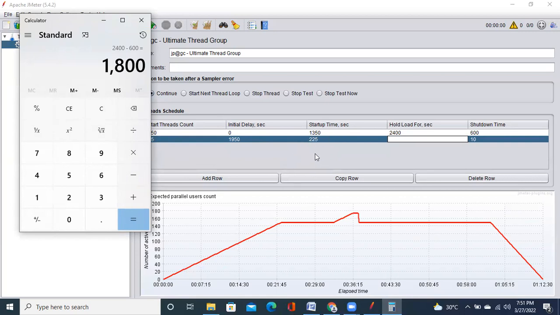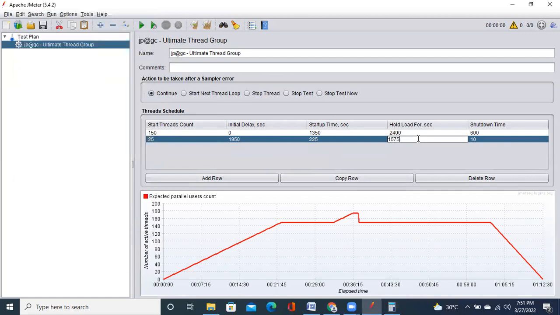You are gradually ramping up 25 users, right? So you need to minus this amount as well. That is nothing but 225. The total sum is now 1575. So here 1575, and again you are adding the same